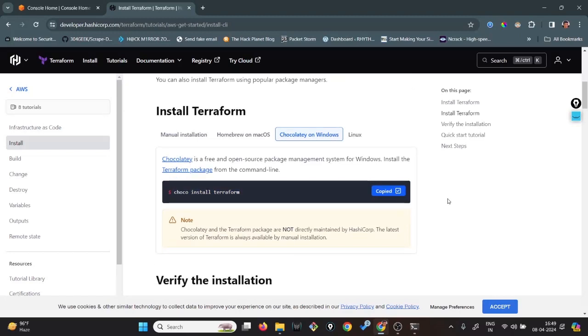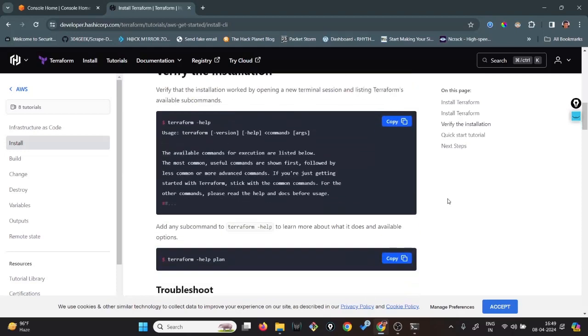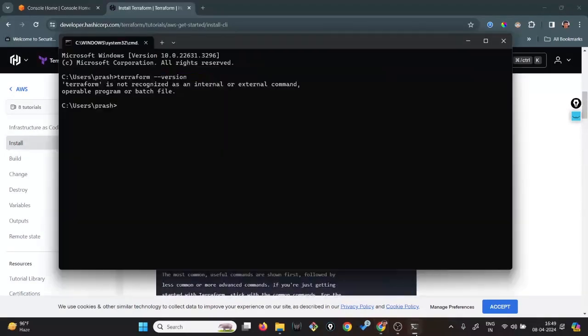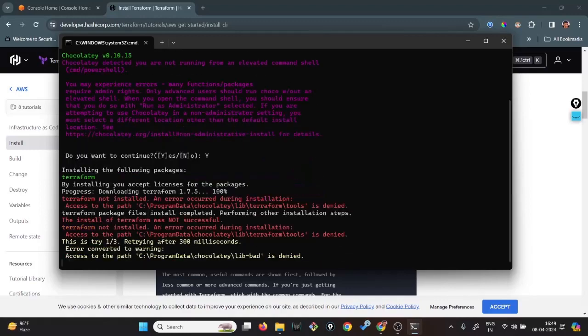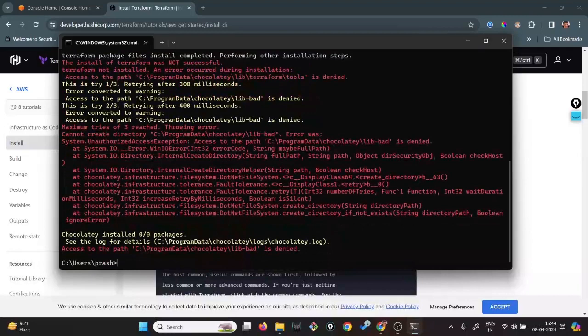So I'll copy this, open my command line, and install it with Choco. I'm running the command choco install terraform, and it says access to a path